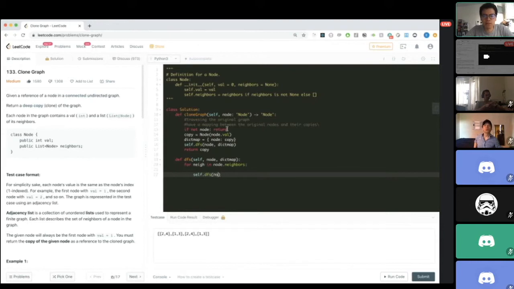So then we pass along the dict map. For this problem, though, we care about whether we want to keep adding nodes to the dict map as we pass it along to each of the recursive combinations. So we have to check whether the neighbor is actually inside this dict map already. And if it's not in the dict map, we keep